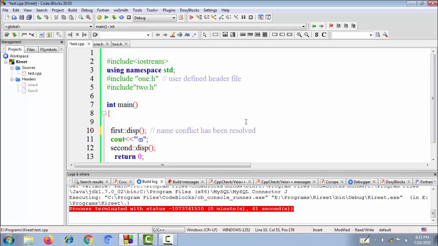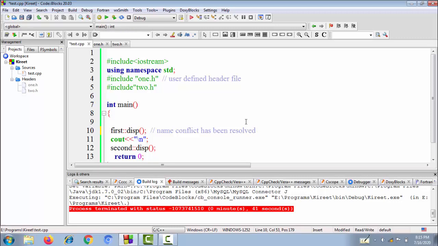So this is the main use of namespaces. If you are working on different modules, and at the same time you are keeping the same names for the identifiers or the particular functions, then when you are combining all your identifiers, all your header files or all your modules into a single module, you have to take care that the compiler should be aware from which particular file, which function needs to be called, and what is the name of that function, or whether there is any name conflict.